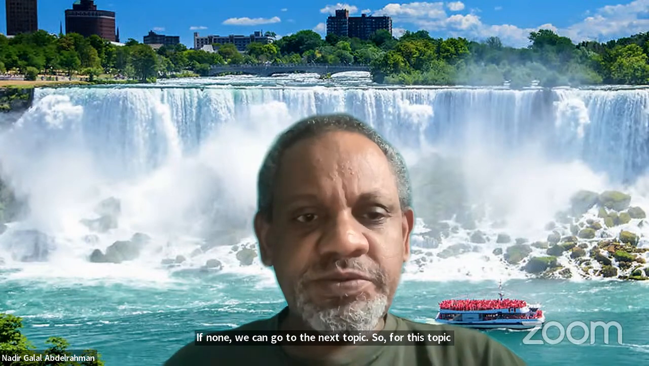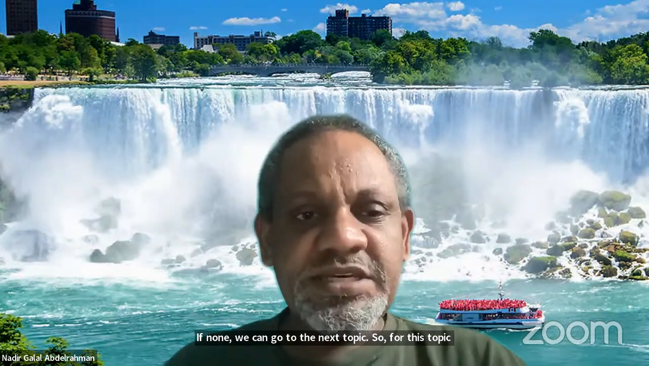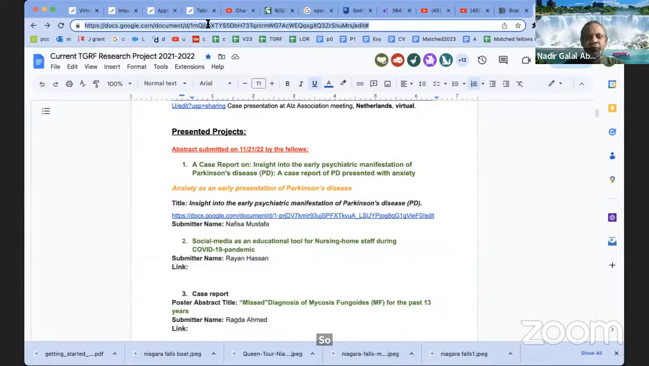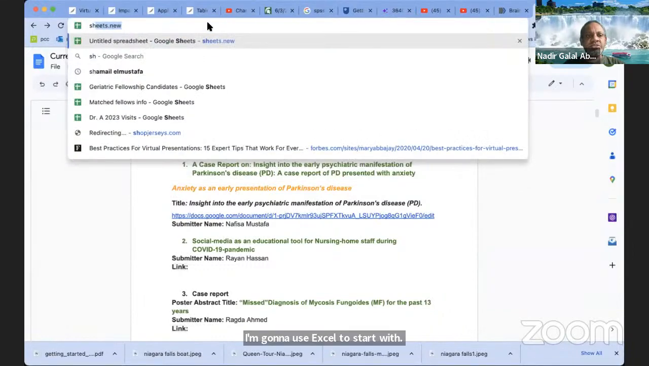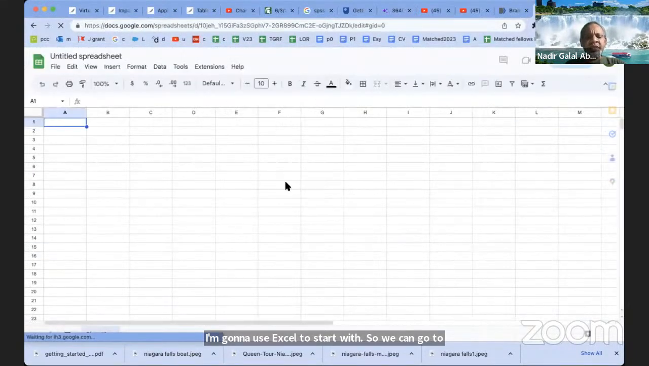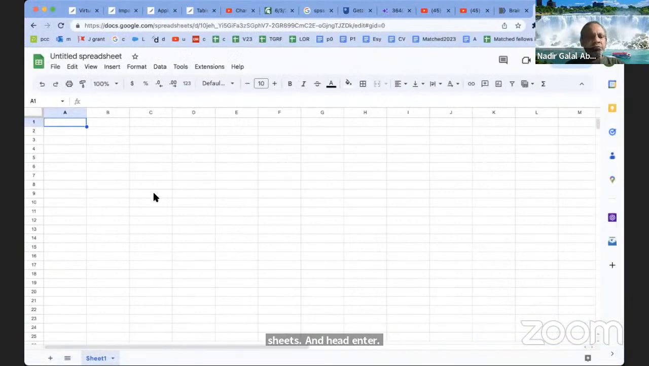For this topic, I'm just going to share with you about SPSS. To make life easier, some of you might know how to use SPSS, some might not know or have no idea about statistics. I'm going to use Excel to start with. So we can go to Sheets, New, and hit Enter. The idea here is to have